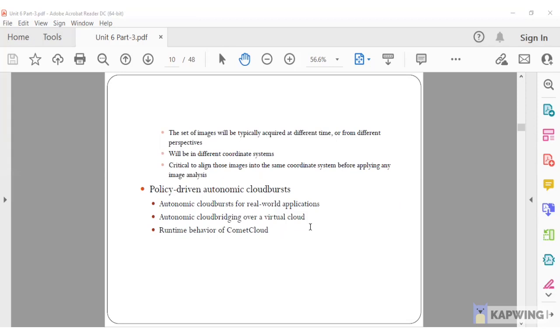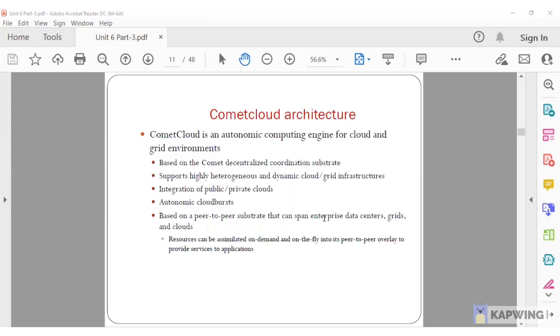Policy-driven automatic cloud burst is an automatic cloud burst for a real-world application. Then automatic cloud bridging over the virtual cloud, and the runtime behavior of Comet Cloud. The next point that we will go over is the